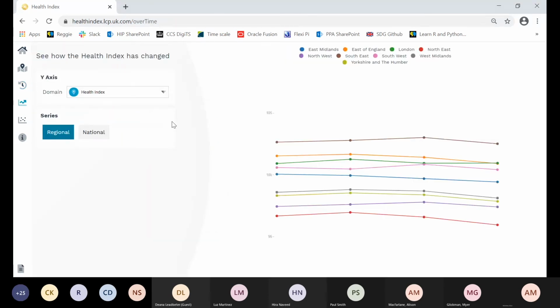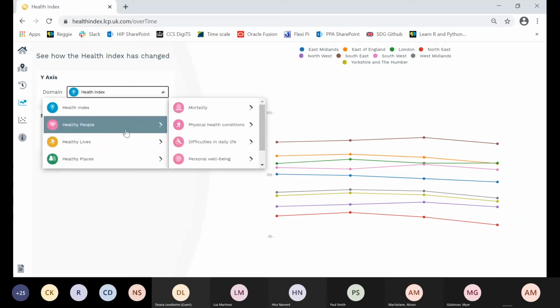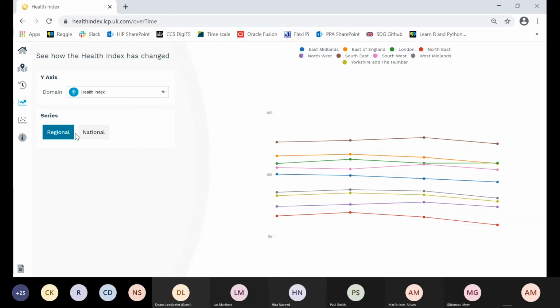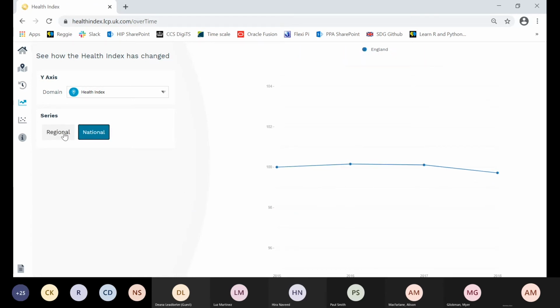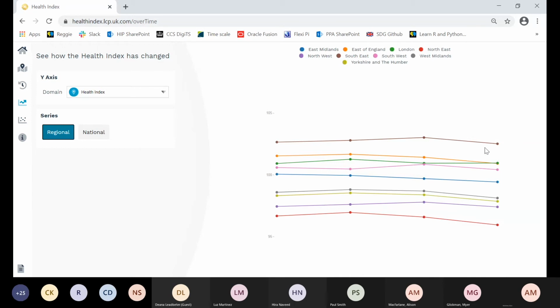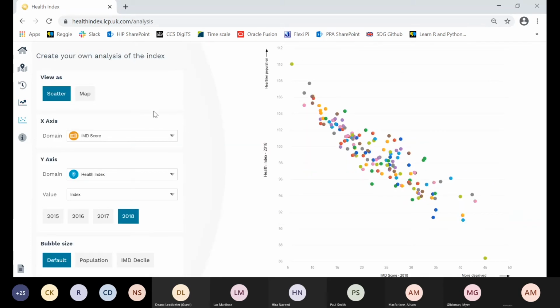As well as this, there are tools that LTP have included for producing your own charts. The simplest of which is a time series, where you can select which part of the index you want to look at, and whether you want it to be a regional time series or a single value for national. So you can very quickly compare not just regions' absolute scores, but how they have changed over time for different parts of the index. And the best part, if you ask me, is these scatter plots, where each of these data points represents a local authority,